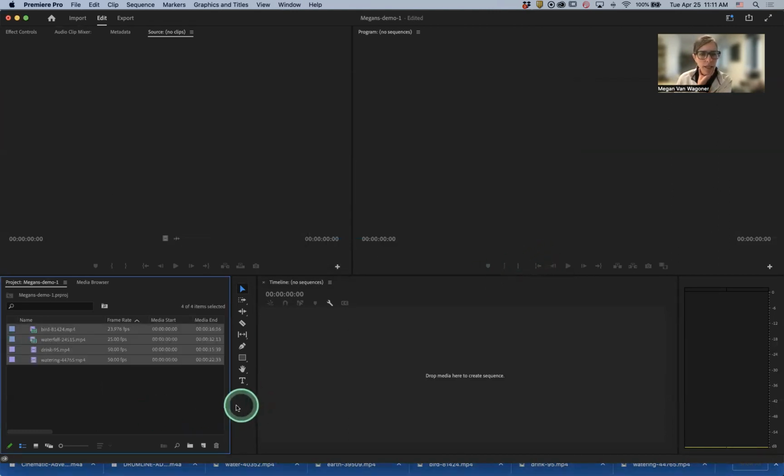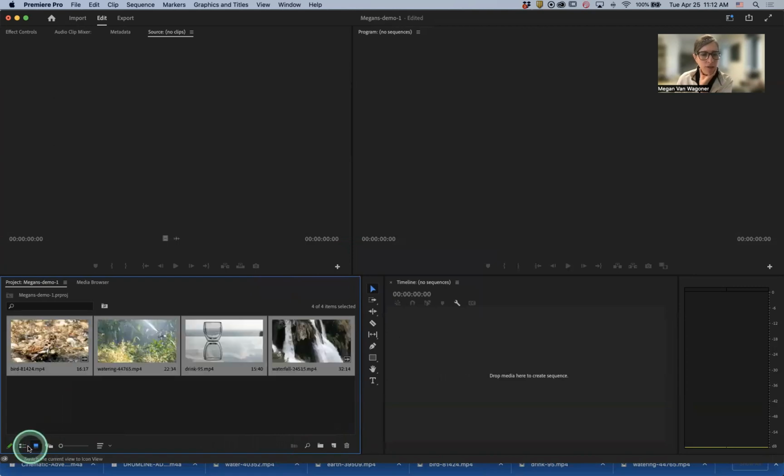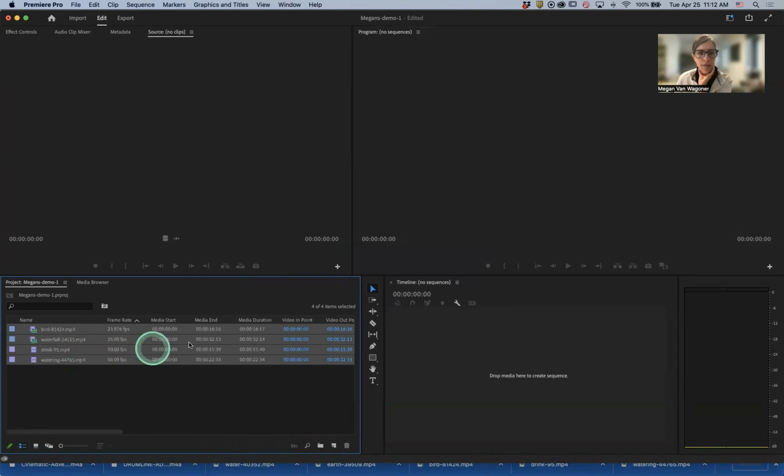All right, when I select Import, I can see here that I have these files in a list. If you're not seeing a list, of course, you might be in icon view. I find the list view is really nice because it gives me some information. So I like to use that. And I can see, for one, the duration of my clips. They range from about, what do we have, 15 seconds up to 32 seconds for the longest one that I